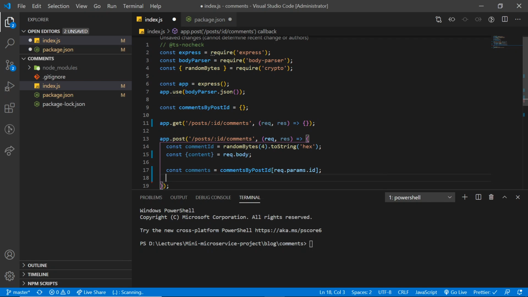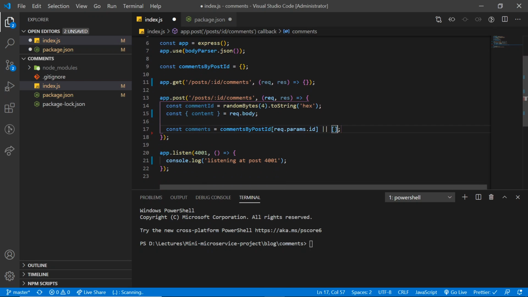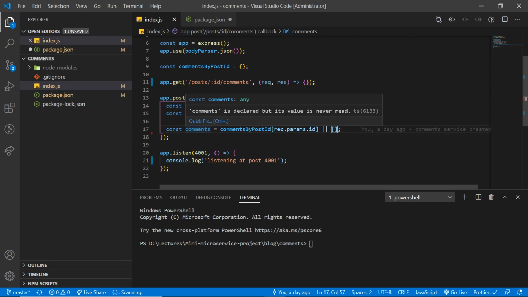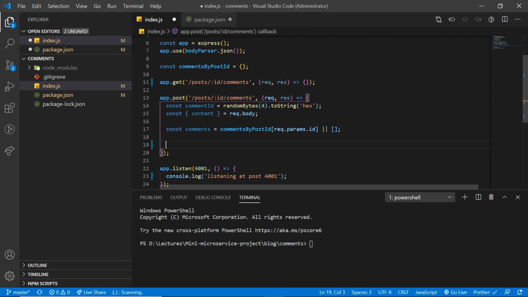This will give us either an array or undefined. It will return undefined if we do not have comment associated with the requested ID. So in order to handle the case of undefined, we can use a blank array like this. Next, we are going to push the newly created comment into another array. Let's say comments dot push.